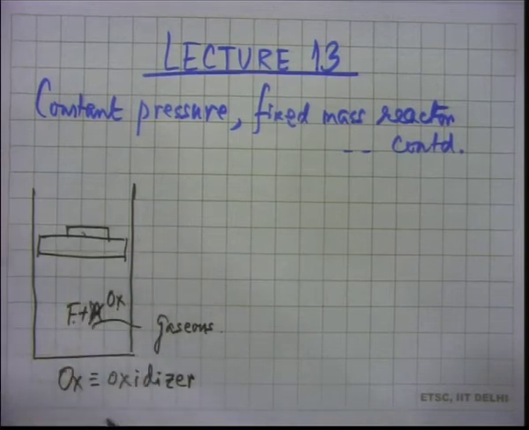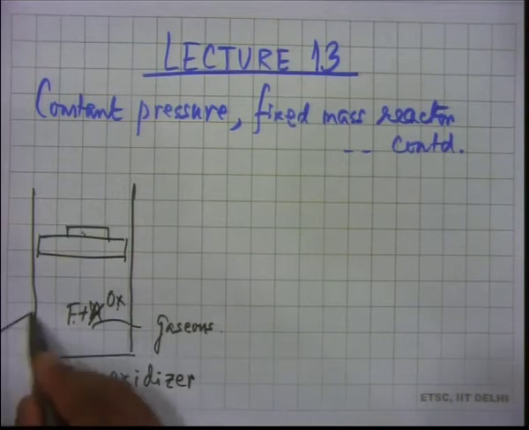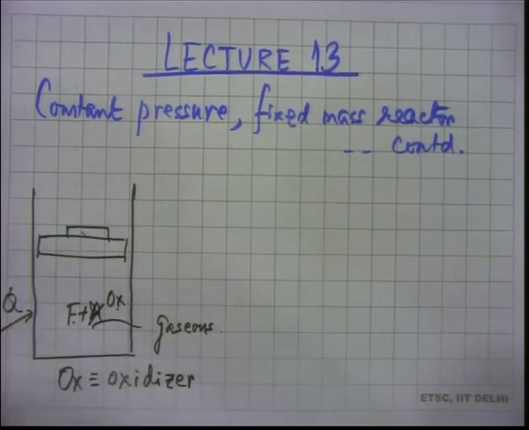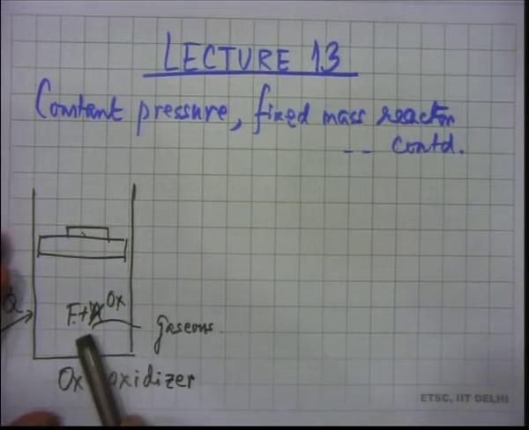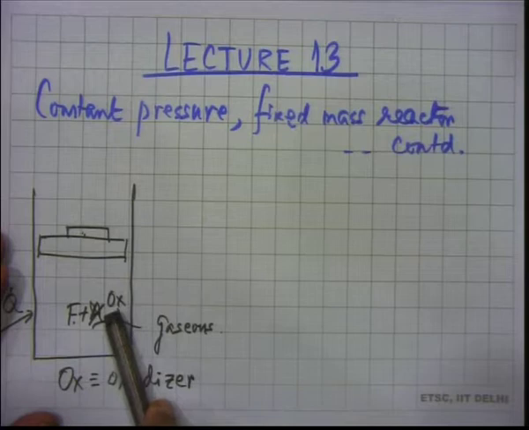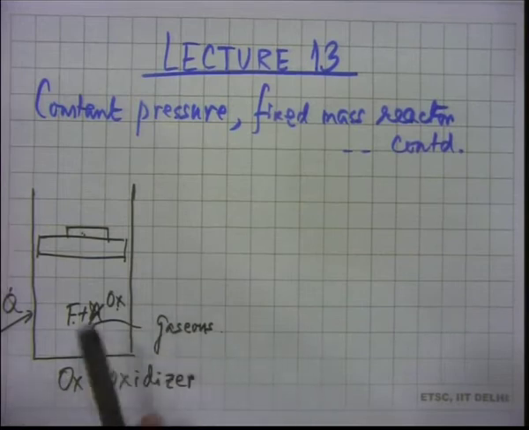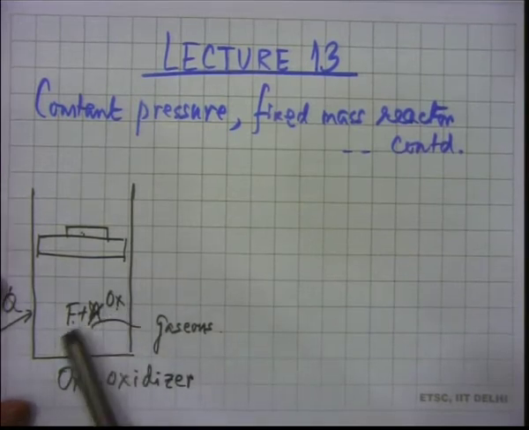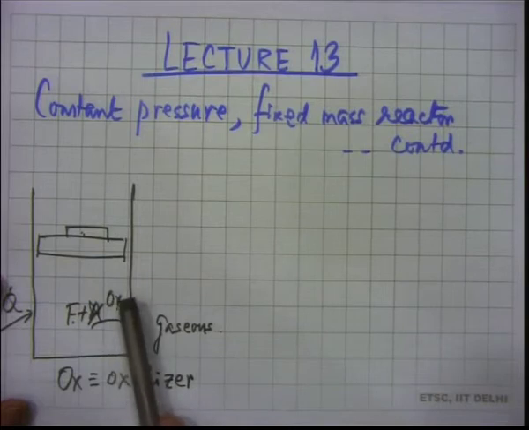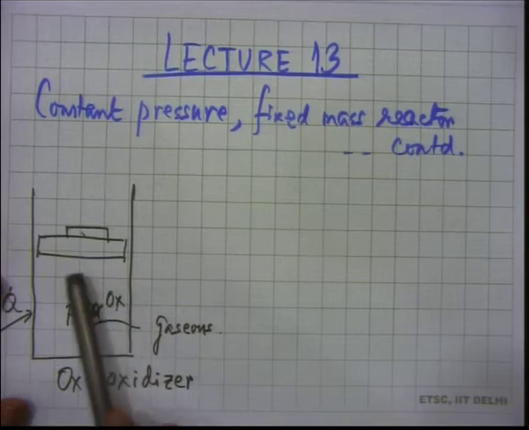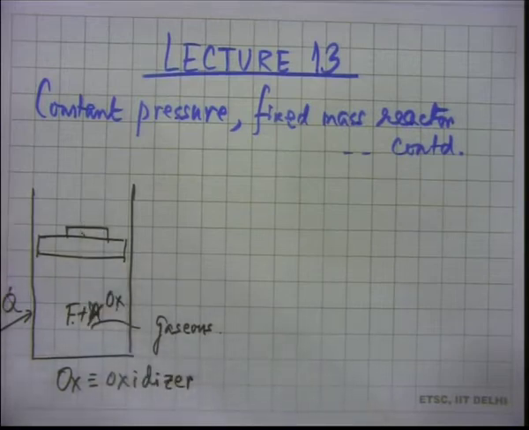If something happens here, for example, some heat gets added to the system, or some heat gets taken out of the system, or there is chemical reaction taking place here, that is actually the main focus of analyzing this. So, we are putting fuel and oxidizer together. So, chemical reaction will take place, we expect that to happen, and if the conditions are right, reactions will take place. But then what happens to the pressure? The pressure will still remain the same no matter the rate at which the reaction proceeds, because the piston will just move to accommodate the same pressure. Okay. So, there should not be any doubt about this system having a constant pressure.